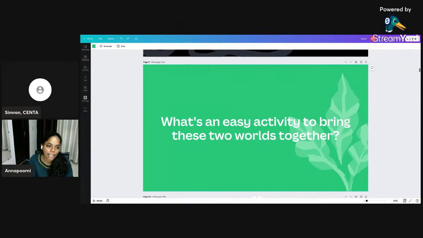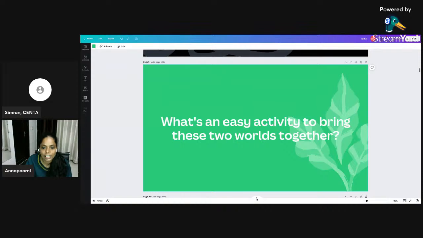Think of a simple activity that can be done in a digital and in a physical way, or that connects the digital and physical. Drama, drawing, okay. Gamification, Mentimeter, okay. Hands-on activity, hybrid activity, storytelling. Okay, great. Discussion, yoga. Okay, that's very interesting.